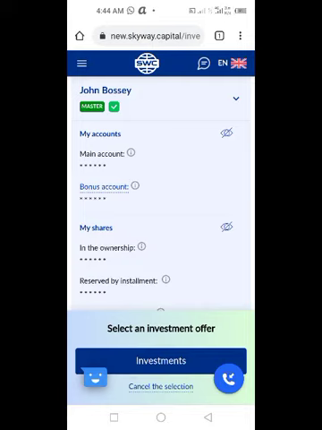So kindly note that funding your wallet is not the same thing as paying on an existing installment or picking an investment program. When you have funded your wallet, you have to go to your back office and take the necessary steps to either pay on an existing installment or pick a new investment program.